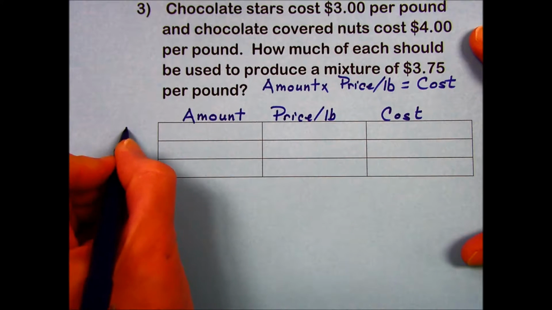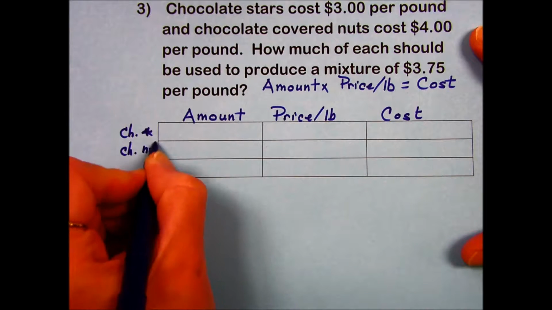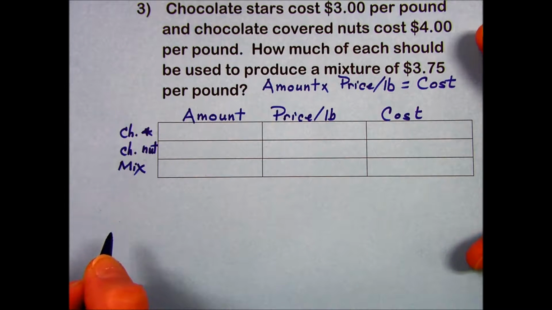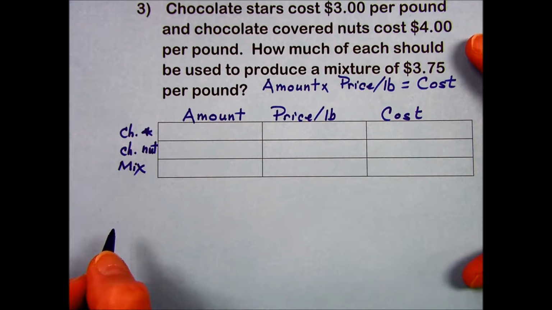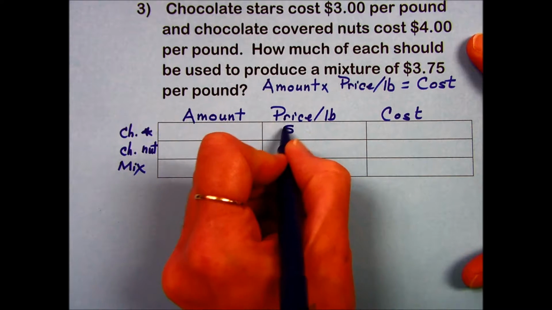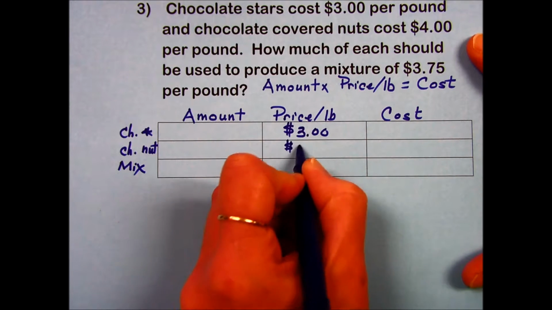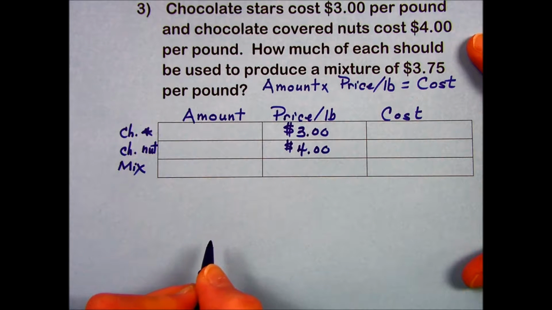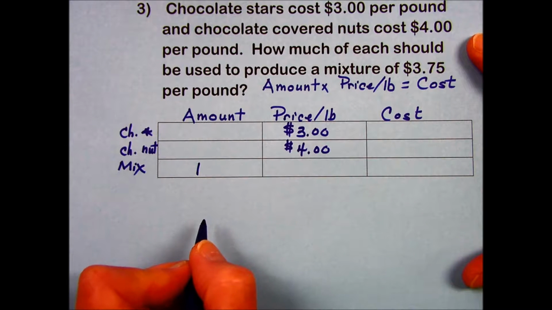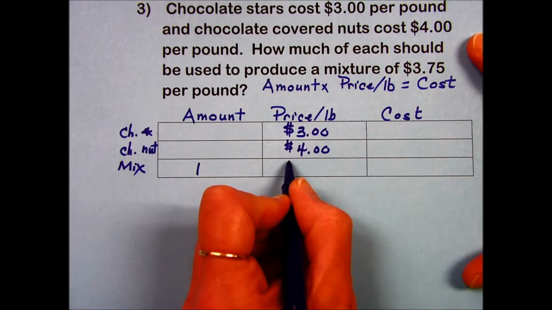They're talking about chocolate stars and chocolate covered nuts, giving us a combined mix. So there's our information. Filling out the particulars, we have chocolate stars that cost $3 per pound, so I can fill this item in. The chocolate covered nuts are $4 per pound, and they're going to produce a mix. It doesn't say how many pounds, so let's assume that it's 1 pound for this mixture, and it costs